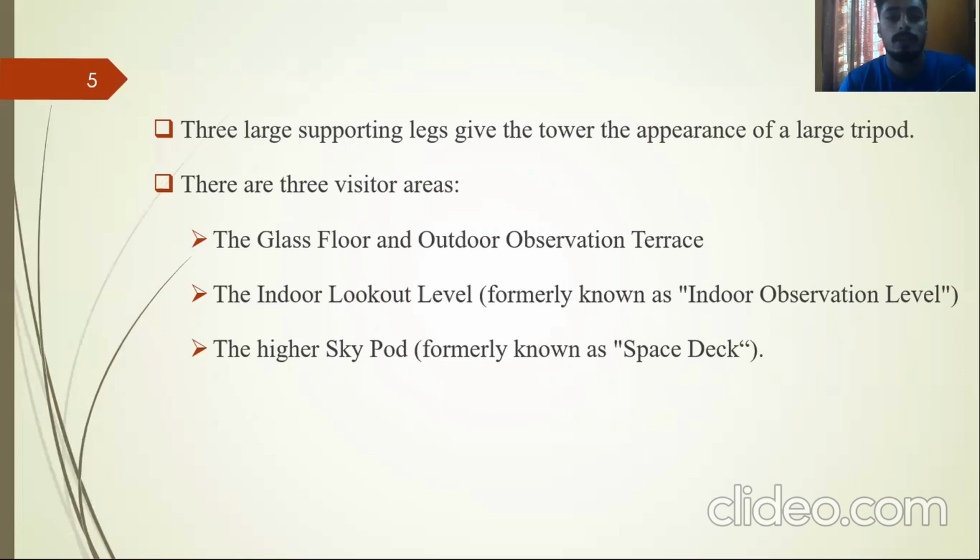In this CN Tower, at the top there is a restaurant called the 360-degree restaurant, which rotates once every 72 minutes, and it is located at a height of 351 meters. The CN Tower has the tallest metal staircase on earth, which reaches the main deck after 1,776 steps, and also reaches the SkyPod after 2,579 steps.